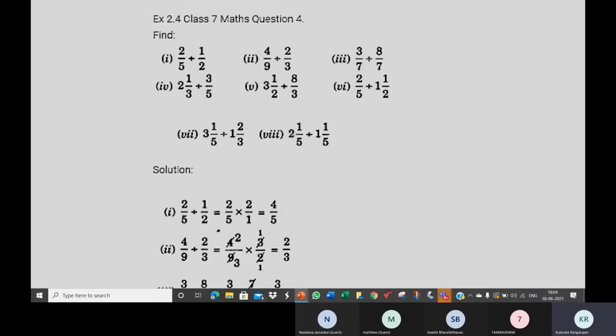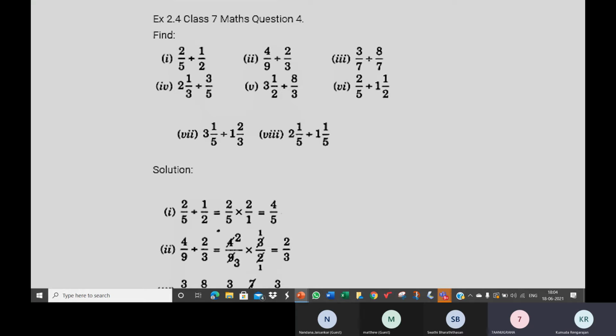Anugraha, so when is it possible to add fractions? When the fractions are? Ma'am, when they are like fractions. What do you mean by like fractions? Ma'am, if the denominators are same, we can add or subtract. Very good. When the denominators are same, then you can straight away add or subtract them. When they are not the same, when they are unlike fractions, we need to convert them to like fractions. For that, we take help of the LCM.